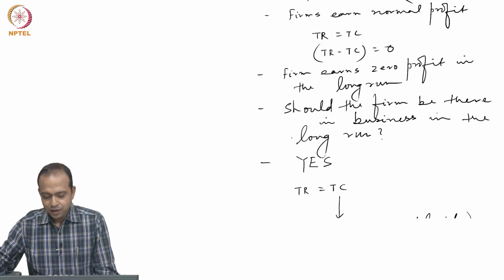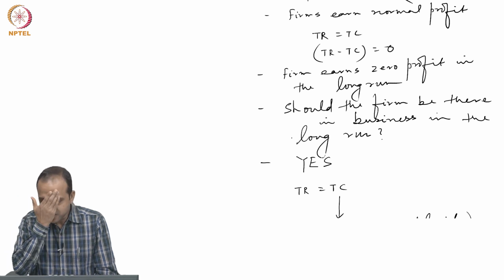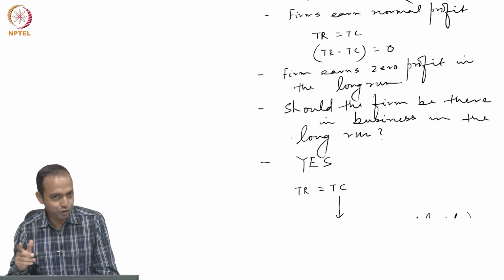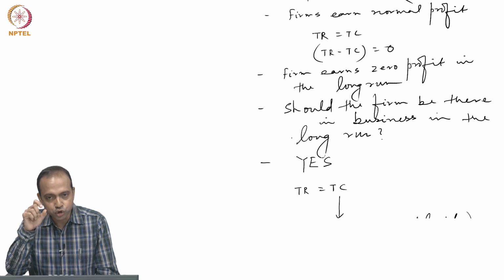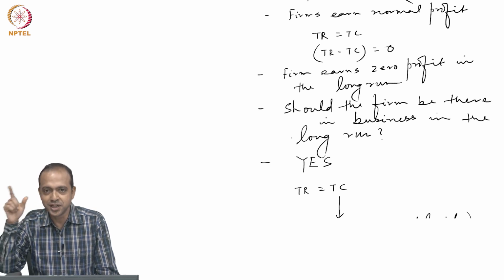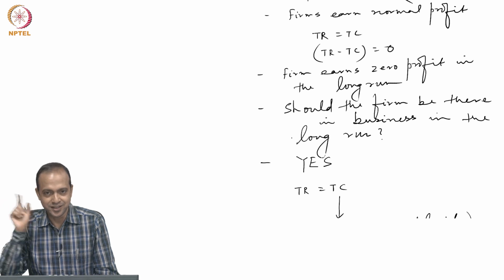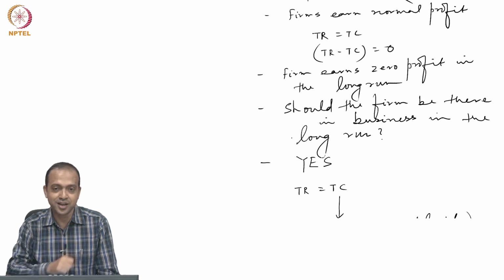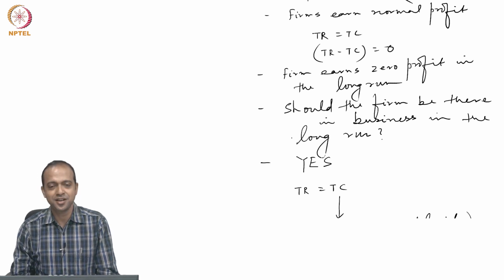Okay. So, in the short run it is possible for the firm to earn positive economic profit, but in the long run it is not possible, because the moment you have positive economic profit, P is greater than ATC, new firms will enter, and then you will always get P equals to ATC, 0 economic profit or normal profit, but the firm will still be there in business, because that is the best thing the firm can do at that point of time. With this, we are closing our discussion on perfectly competitive market today.